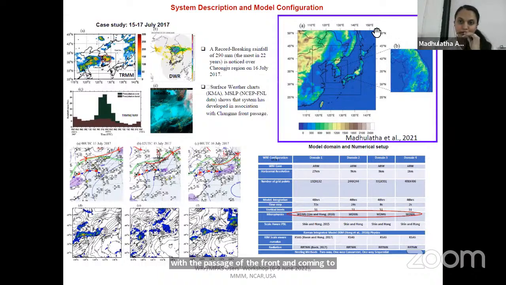We conducted the numerical simulation using four nested domains. You can see the domains here, at 27, 9, 3, and 1 km. For the model, we used WRF version 3.9.1, and the NCEP FNL data is used for the initial analysis. For PBL and cumulus, we relied on scale-aware schemes, which are different from traditional cumulus schemes that do not run at high resolution. In the innermost domain also, these are scale-aware schemes. And the microphysics scheme we considered is the WDM6 scheme